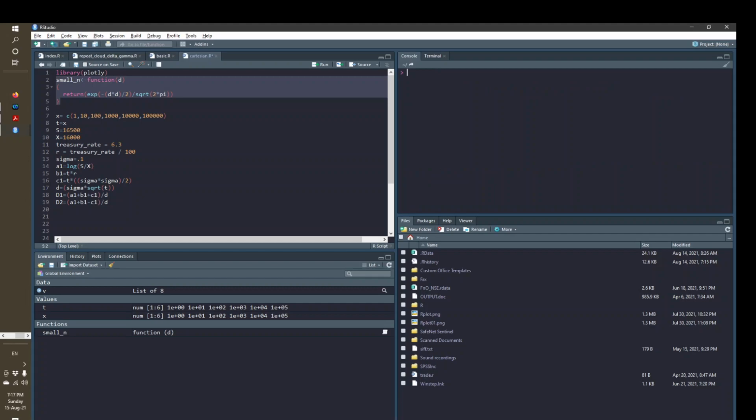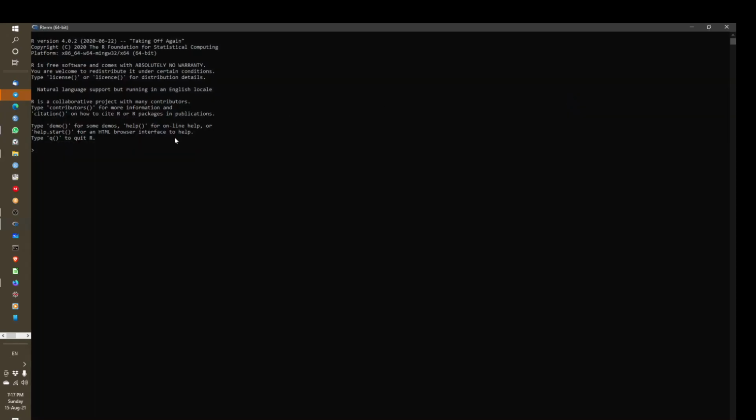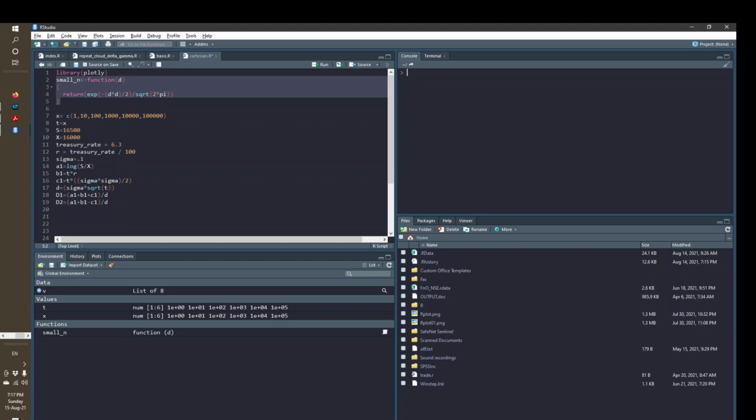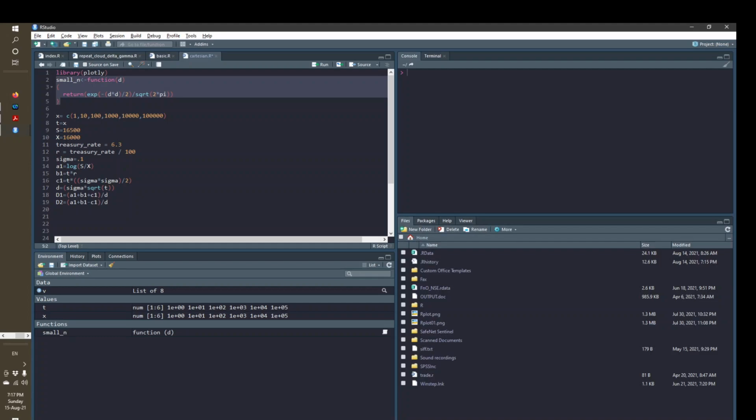This is what the console is, and this is what we generally see in R base. If you remember, R base looks like this. If we just see, this is the blinker here, and there's a greater sign. Similarly, this console is the R base. If you just want to work on the console, you can enlarge it and minimize everything else. It becomes an R base like display.